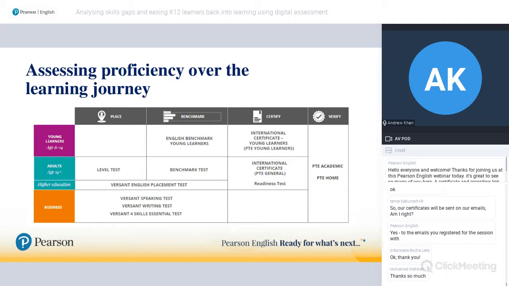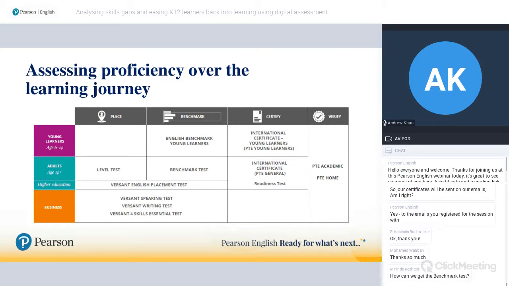So Verify and Certify are similar in some ways, but Verify is where you get into the area of having biometric security. So palm vein scanning, you have CCTV cameras, you have special highly secure test centers. That's really if you want to take a test that will enable you to overcome an institutional barrier. It might be, for example, going to university in an English-speaking country. It might be emigration to the UK, Australia, New Zealand. That's really where our Verify category fits in.